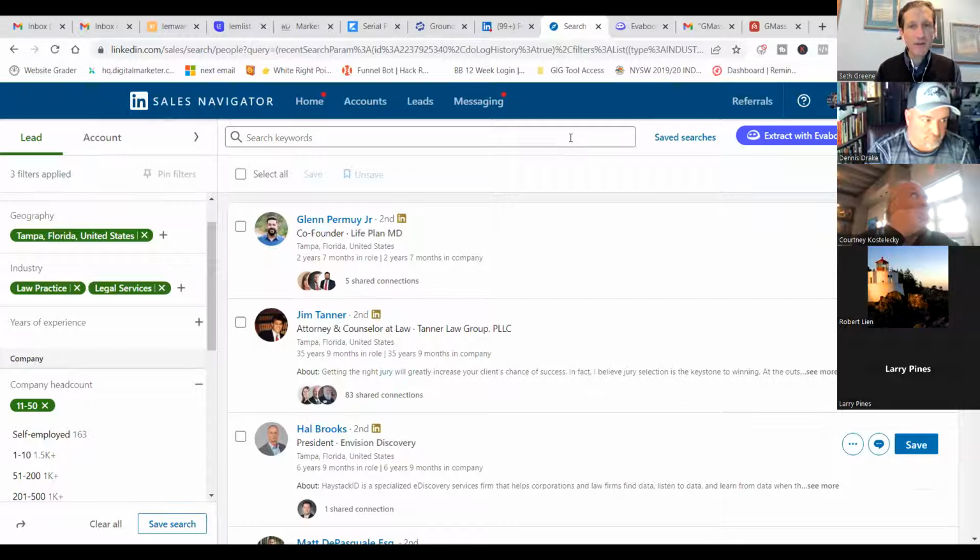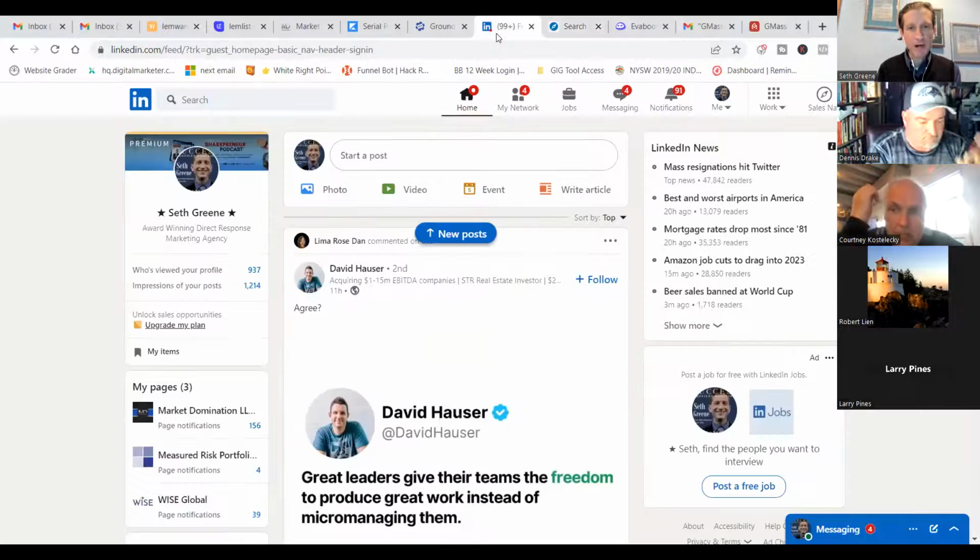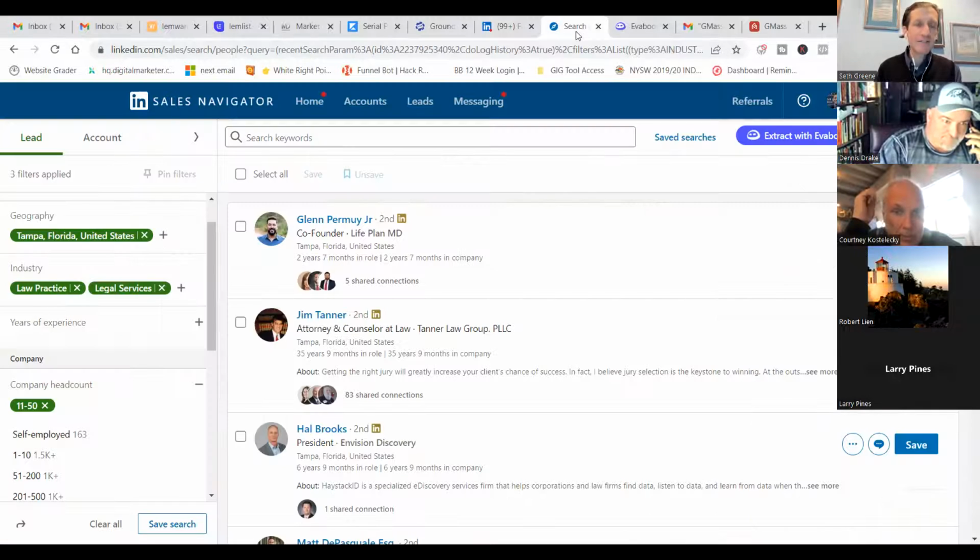So we have found a software program called EvaBoot, which is a Google Chrome extension that will export out the data. LinkedIn used to allow you to hit an export button and it would give me a CSV file of all of these people and their contact information. LinkedIn no longer does that. That used to be the reason to buy Sales Navigator, because you couldn't export a primary search. You had to manually copy and paste 2,500 people. Sales Navigator used to let you export LinkedIn leads in bulk. They don't do that anymore.